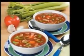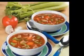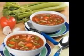There is something just very wholesome about chicken soup recipes that come recommended for a cold. They are just so full of